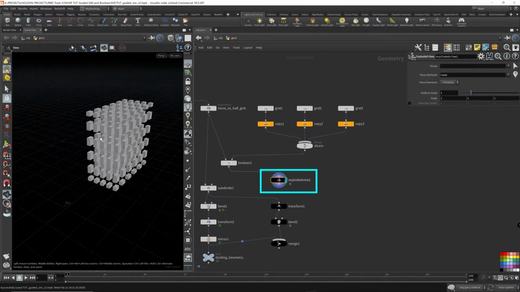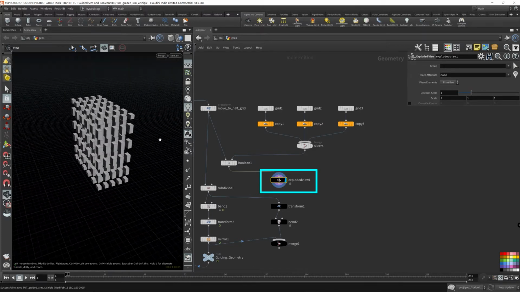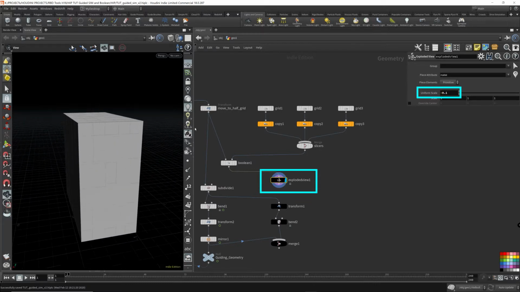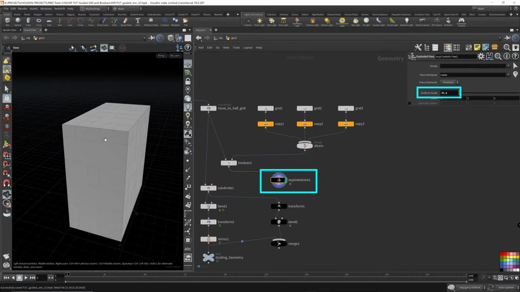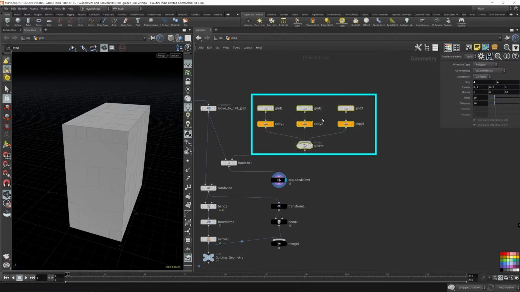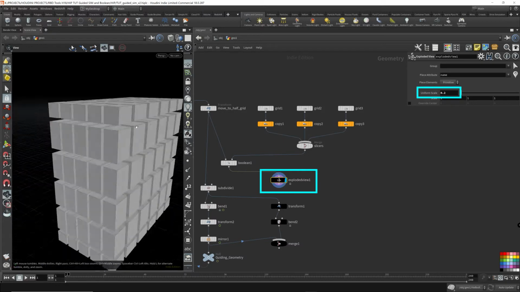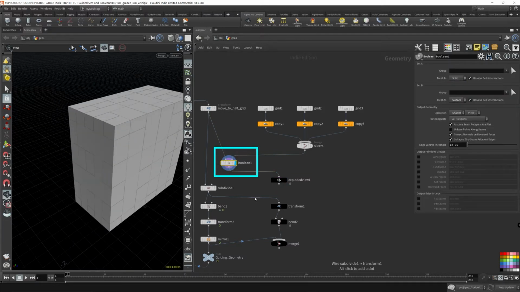So now we have pieces. We have individual blocks. Let me expand this, make it smaller, so you can see where the pieces are coming from. This is our original geometry. This is our sliced up geometry. What we have done with these cutters or slicers is that we have sliced it on the side, the front, and the top. We're going to be using this geometry as our guiding geometry, and we're going to apply the bend on this.